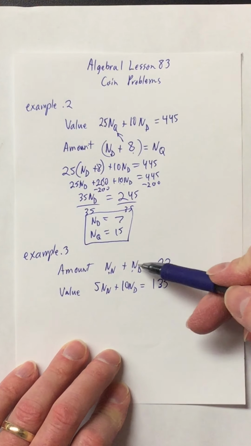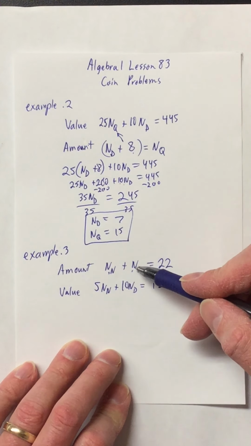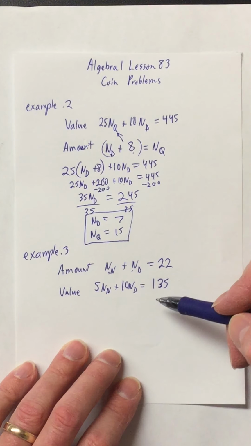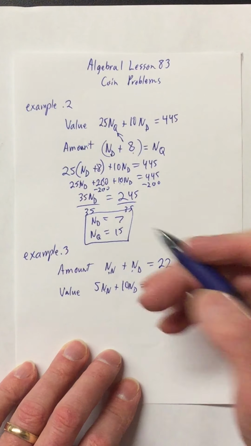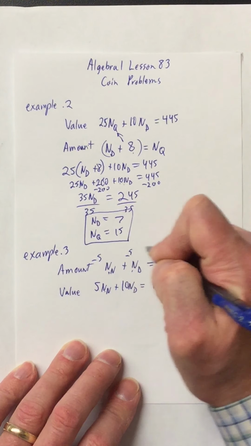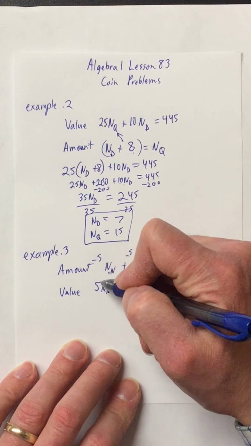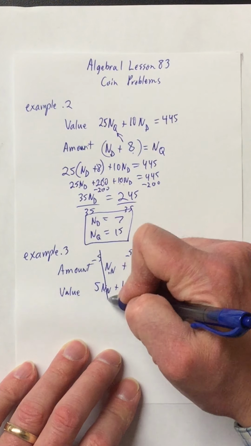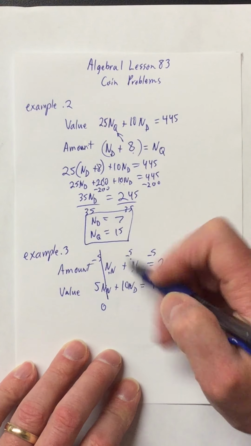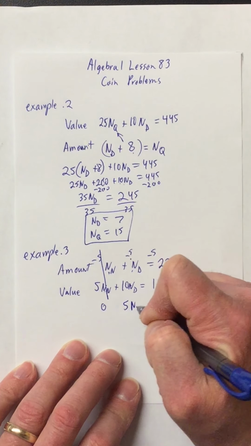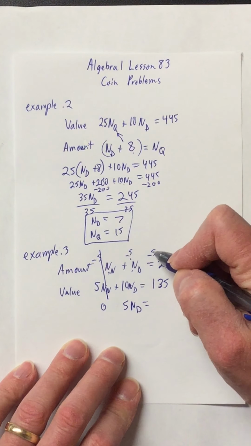Now this one, since none of the variables are by themselves, this one's actually set up pretty nicely for elimination. Let's work to eliminate the number of nickels. So if I multiply the whole top by -5, then this -5 and this 5 cancel, eliminates it. -5 here plus 10 gives me a positive 5 number of dimes, and then when I multiply this out, -5